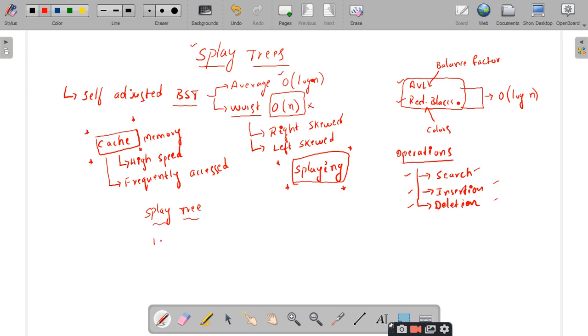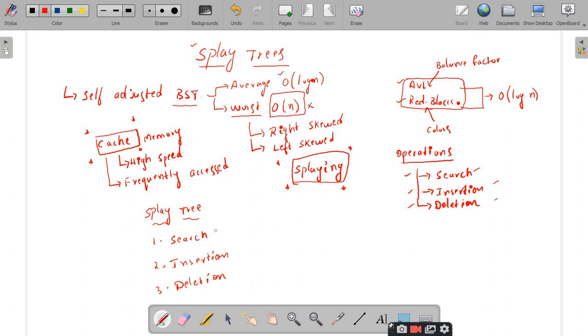So what are the operations we have discussed till now? We have search, another one is insertion. What is the third operation we have discussed? Deletion. Right. So these three operations are similar to that of the binary search tree only. But remember, very important point.